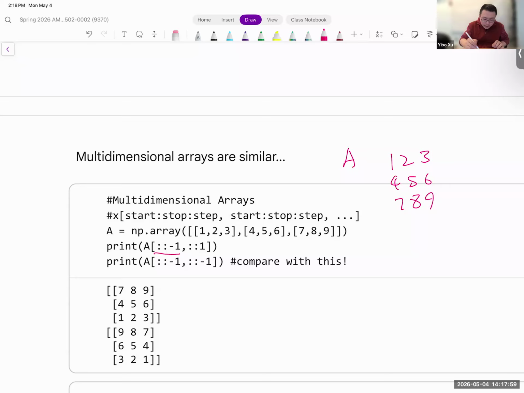But now here I'm saying the row index is going to be reversed. So it's this way, but the colon index is colon 1. That's the forward direction. So it's going to be, that's why we have 7, 8, 9. Okay, so that's the purple arrow indicating the matrix. So 7, 8, 9, 4, 5, 6. So it's still the left to the right, but now it's the bottom to the